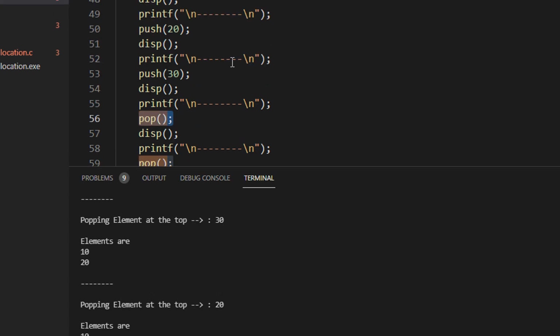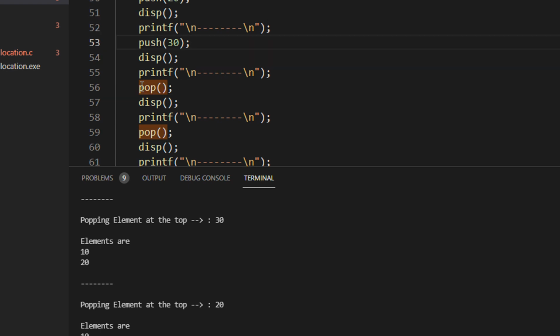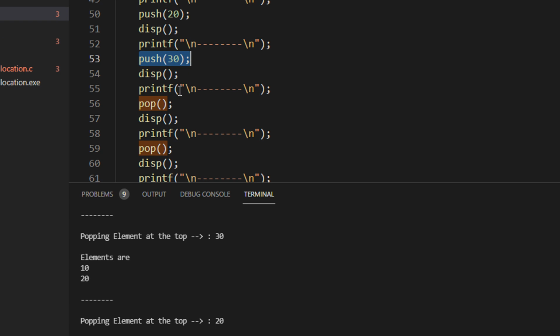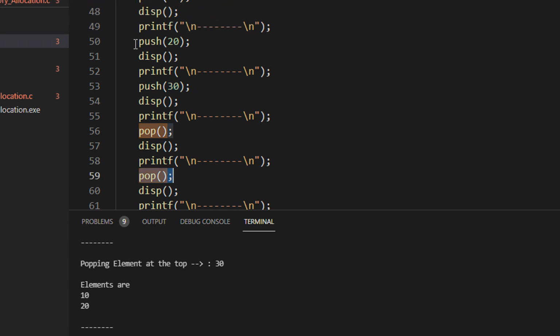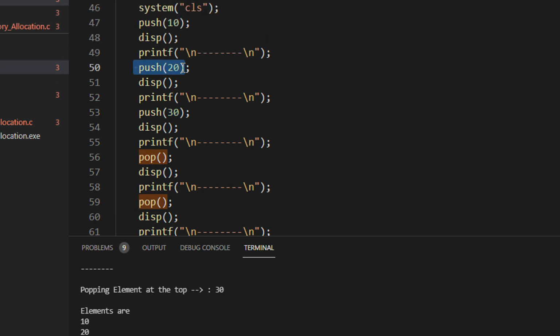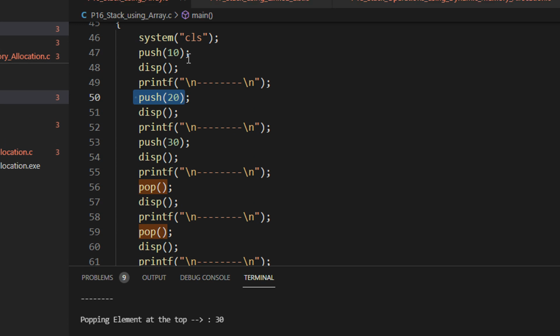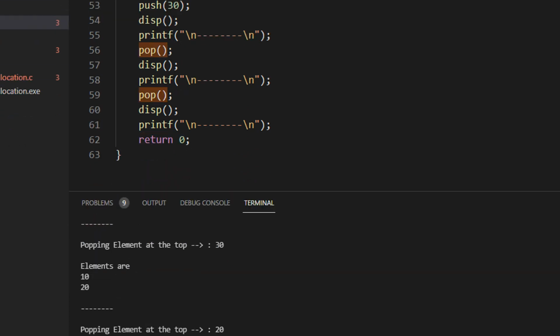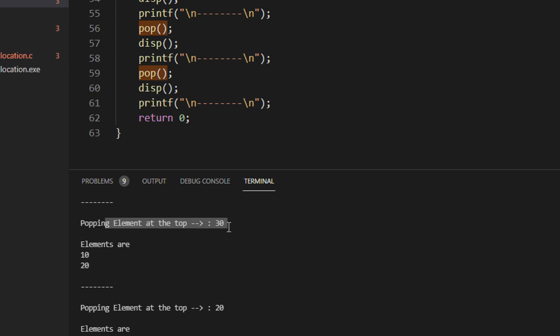So pop will remove the last element, which is 30. The next pop will remove 20. So exactly the reverse order of insertion happens in a stack. You insert ABCD, you remove DCBA. 1, 2, 3, 4 is inserted, 4, 3, 2, 1 is removed, right? So you can see popping the element at the top, which is 30.